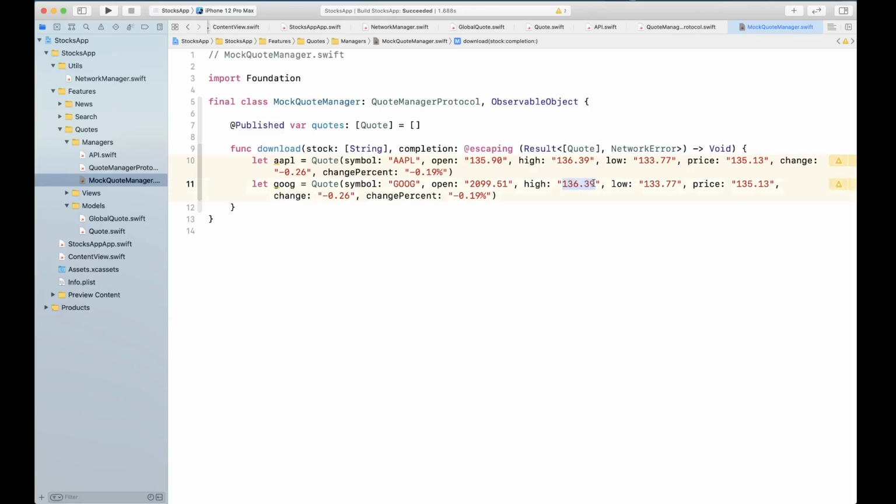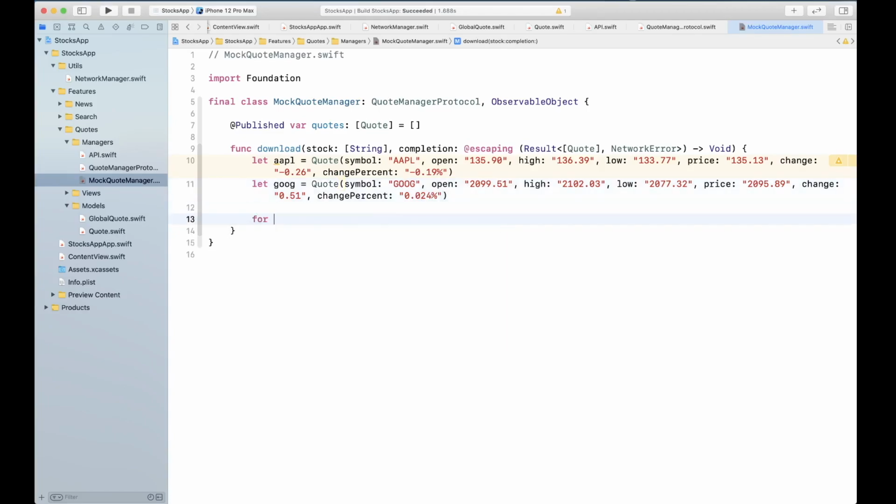High is going to be 2102. Okay, so these are going to be the values.